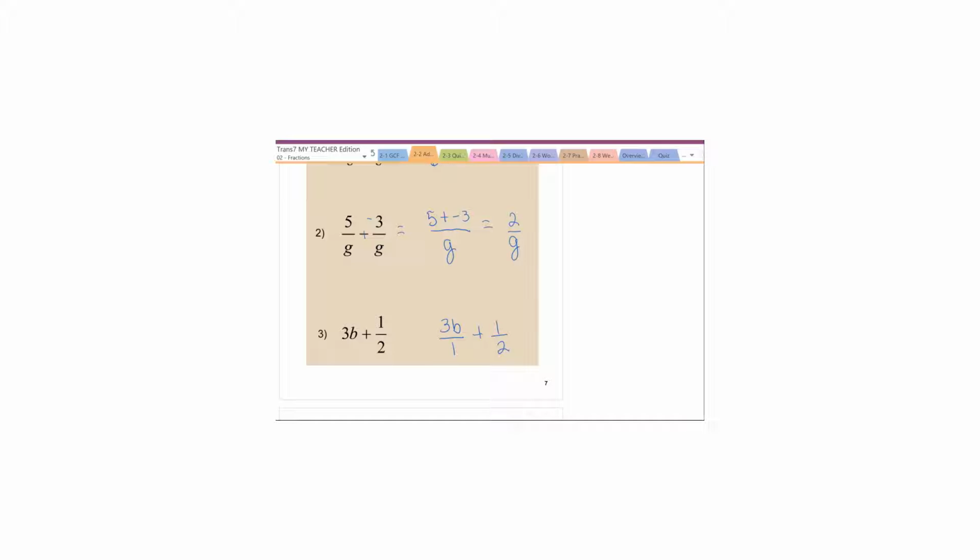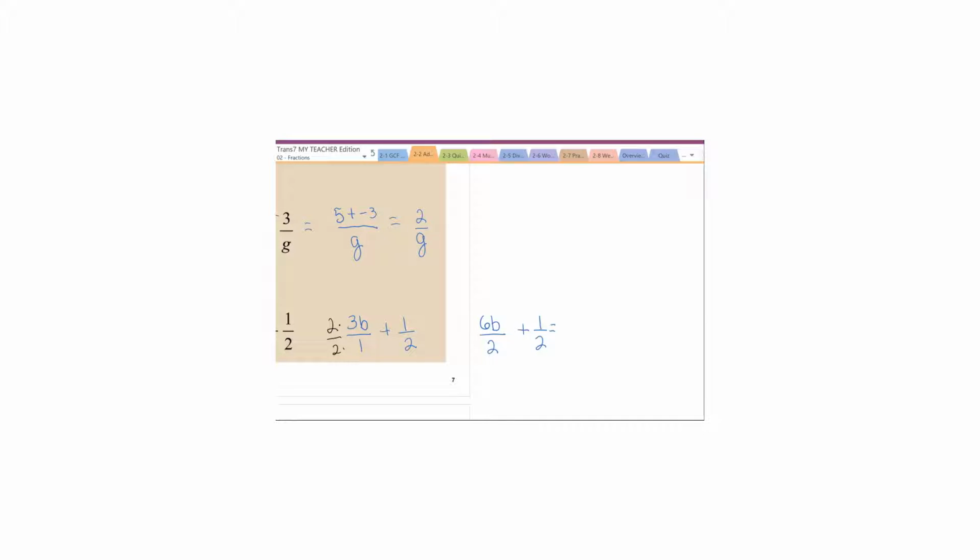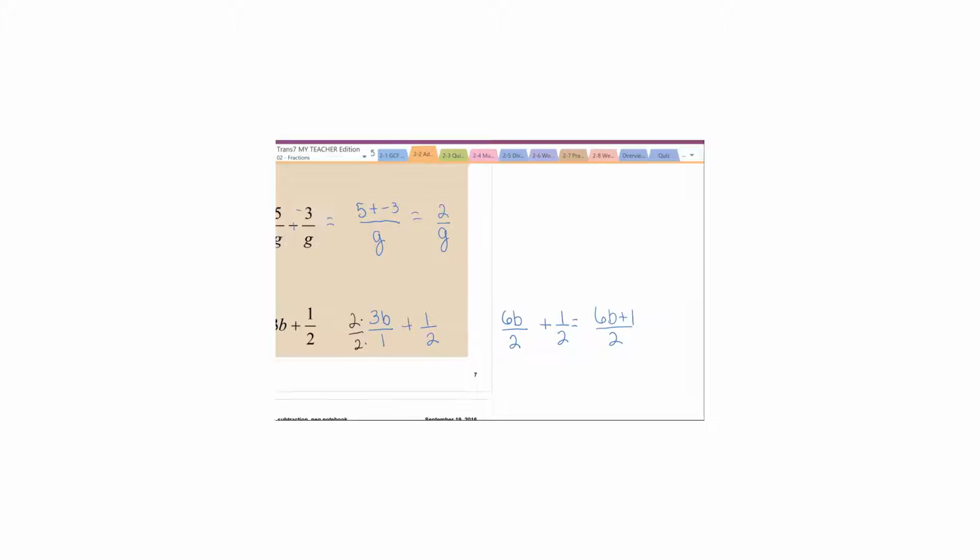So I'm going to multiply 3b by 2 over 2 in order to get that denominator to change from a 1 to a 2. So I end up with 2 times 3b, which is 6b. You can think of it as two groups of 3b. And then 2 times 1 is 2, plus 1/2. Now I have the common denominator of 2, so I'm going to add my numerators, 6b plus 1, and keep the common denominator of 2. And I can't add 6b and 1 together, so I just leave it as 6b plus 1 over the common